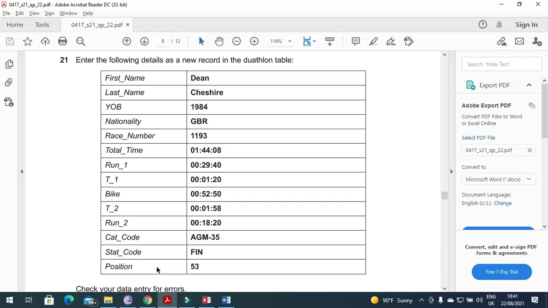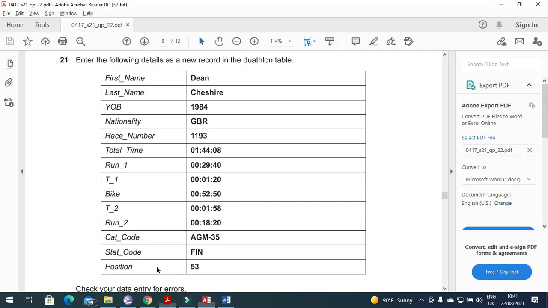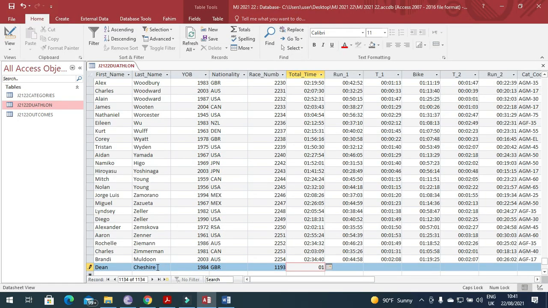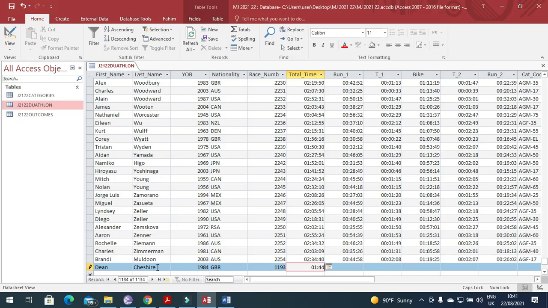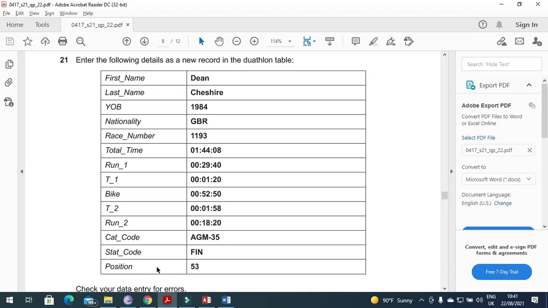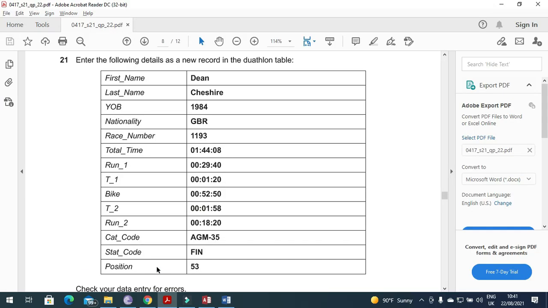Then after we have year about 1984 and GBR, the number is 1193. Then we have 01 and 44, then 08, then 00, 29, and then 40, and then after is